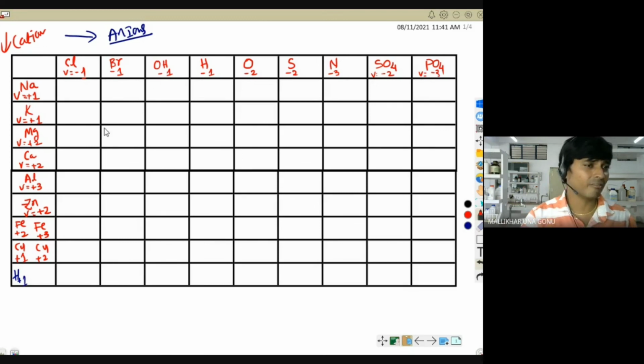So with combination, what products will form, that you have to write, and you have to write the chemical formula. For example, first one I will explain. Sodium and chlorine. So how you have to write, that also should be there in our notes. Na and Cl. What is the valence of sodium here? +1. What is the valence of Cl? -1. Why this +1? Why this -1 is coming? That I have explained already.